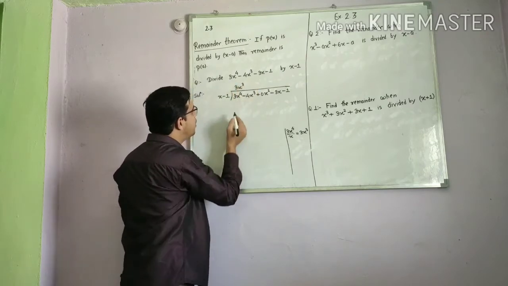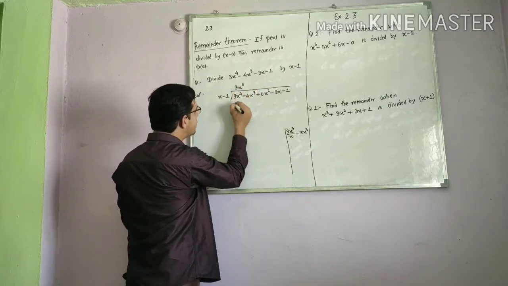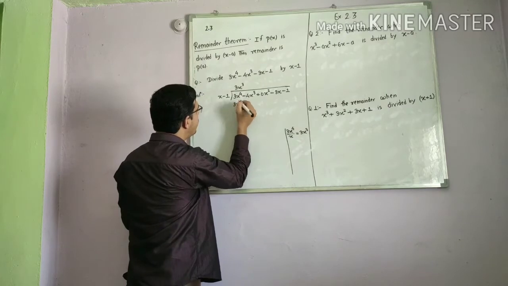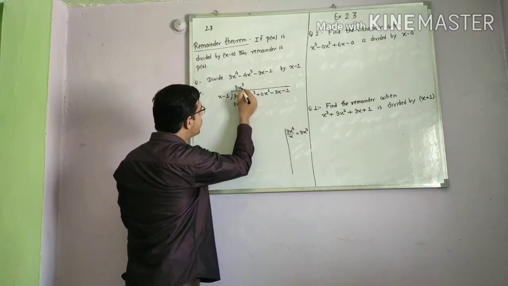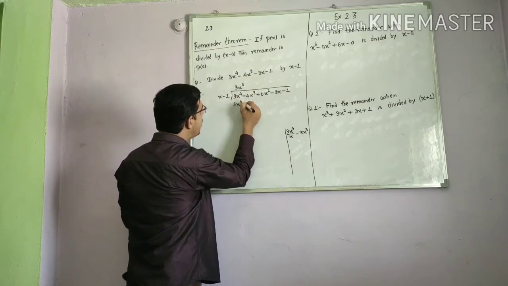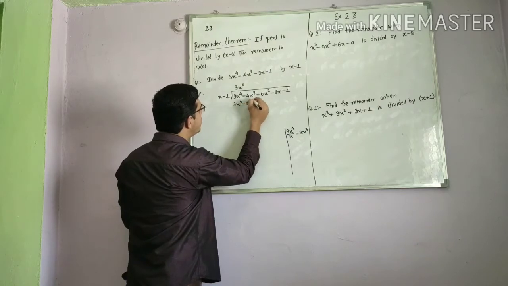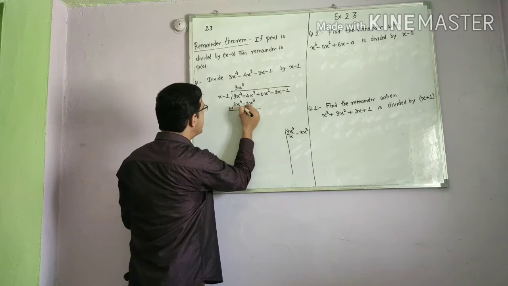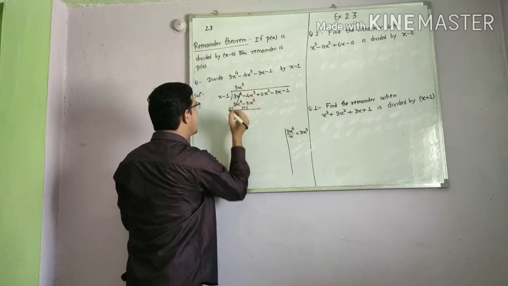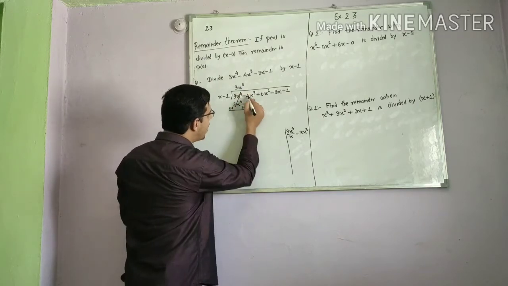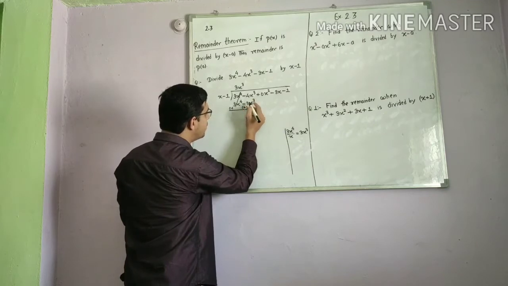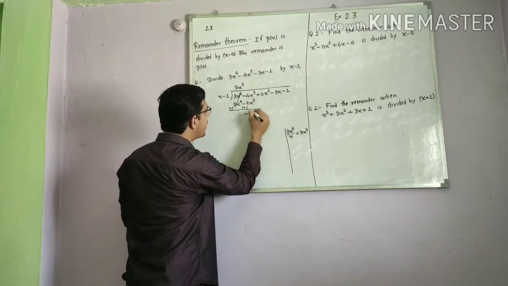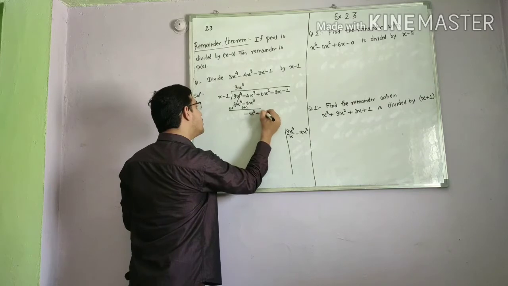3x power 3. Now 3x cube into x is 3x power 4. And 3x cube into minus 1 is minus 3x cube. When we solve this, this will be cancelled. This is minus 4 and plus 3. So which will give you minus x cube plus